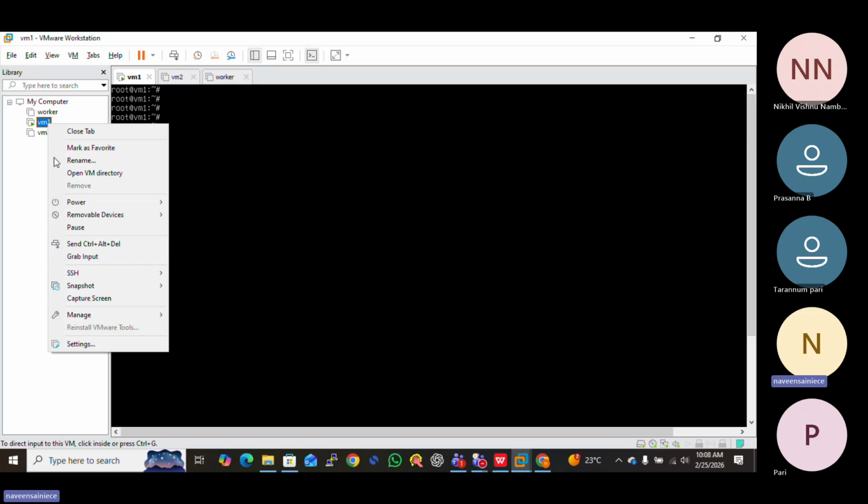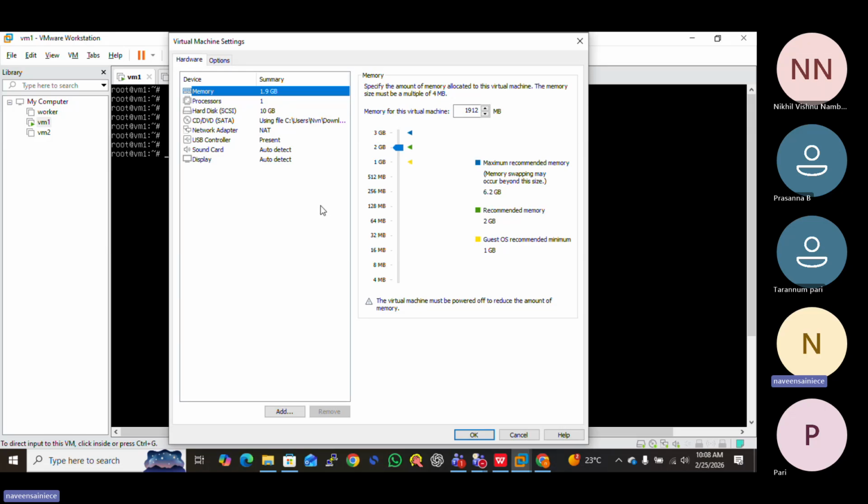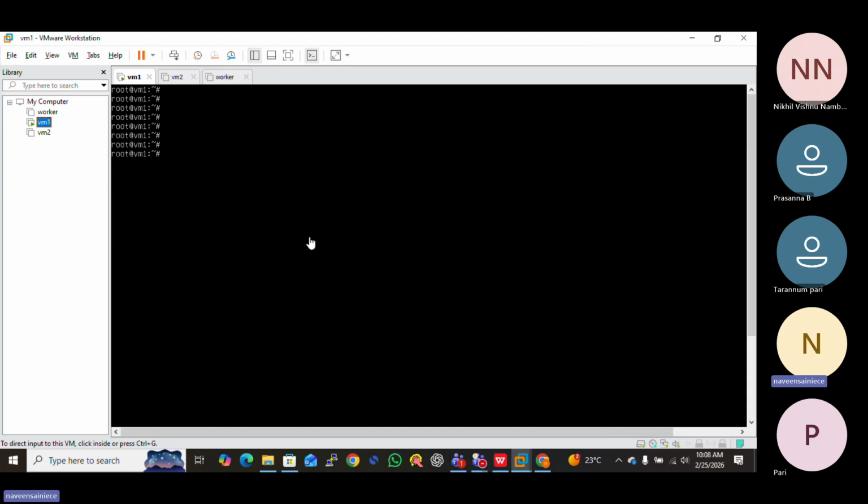So my current VM hardware is like that. After that you can run it. The installation is simple, like installing any operating system, Windows or Linux, on base hardware. Same like that, here we will install the OS on the VM. After the installation you will see a console like that, and we will access this VM.